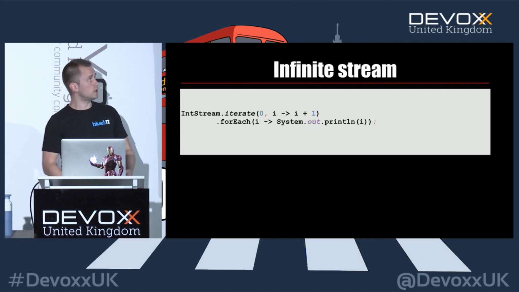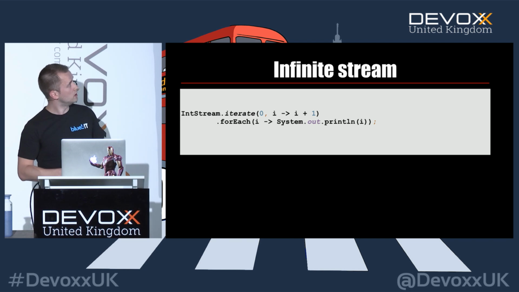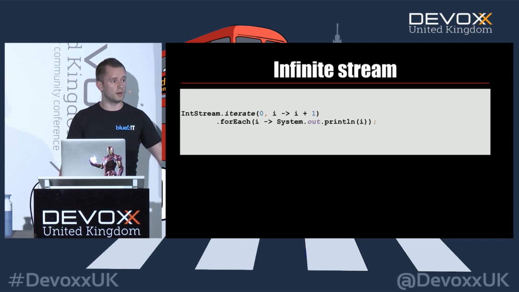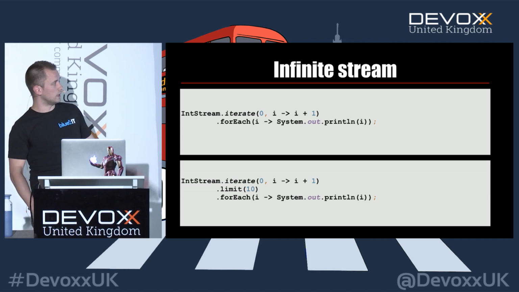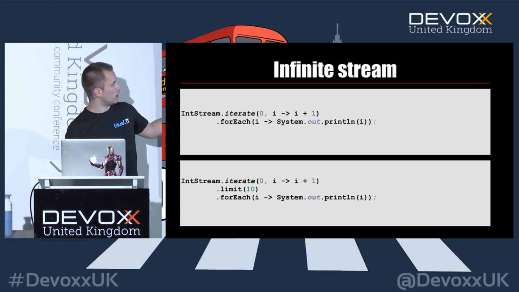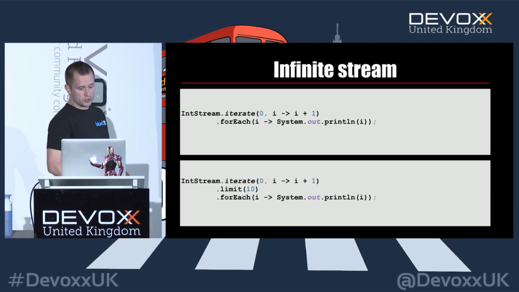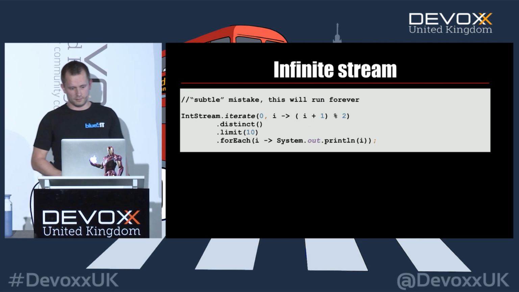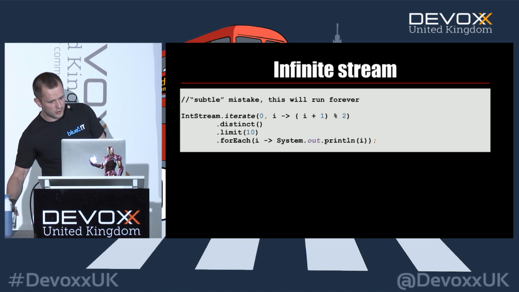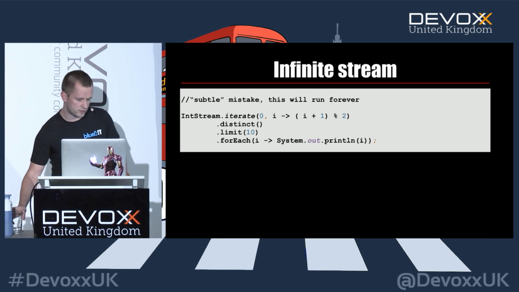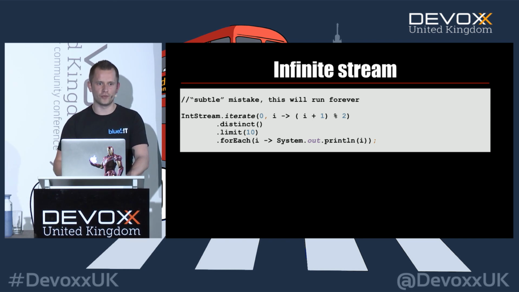Then we come to infinite streams. Because they are lazy, we can use infinite streams. This will run forever and gives you every integer in the book until it runs out. Normally, you would limit it, and you will say, okay, now I have 10 objects from my iterator, and I printed it for each. Well, let me give you this one. This one runs forever, and I will show it to you. I have 10 minutes left, and I will show it to you. No, I will not run it for 10 minutes.